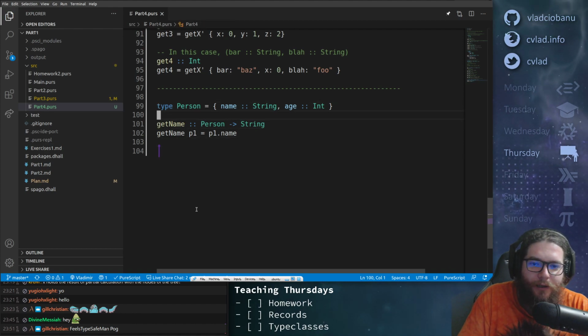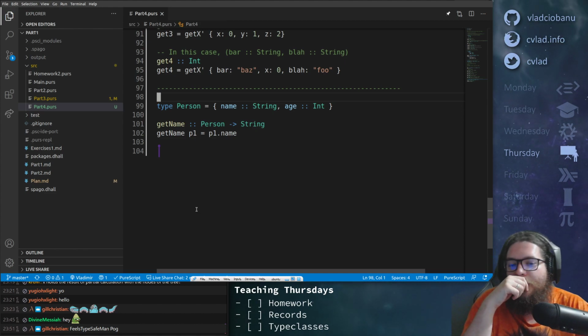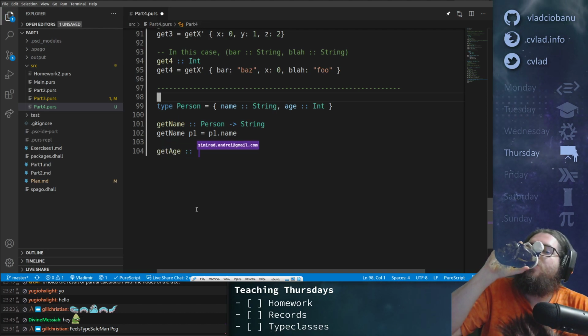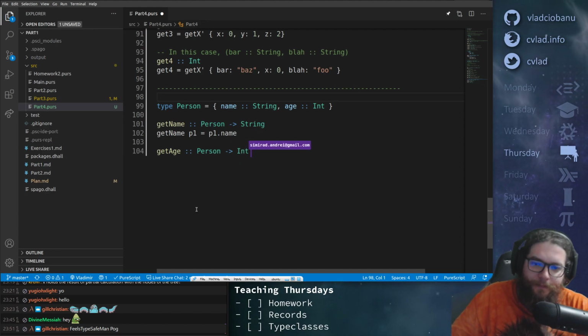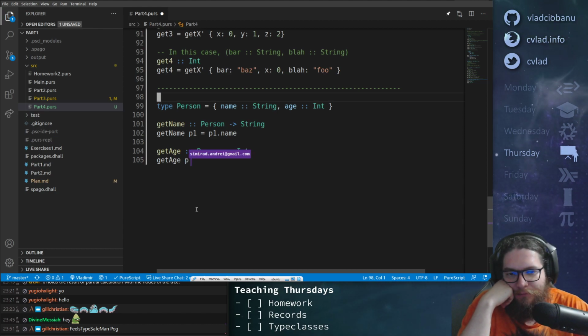Okay. Can you quickly also do the get age? That should be very similar. Yeah. Okay. Get age, where I get from a person, and it's an int. Where get age of, let's say, person is equal to